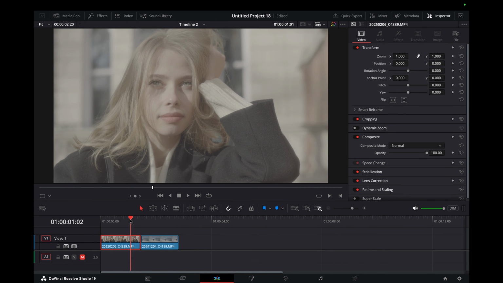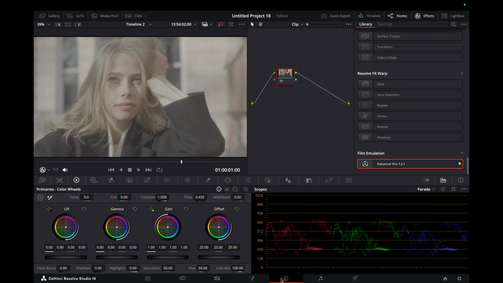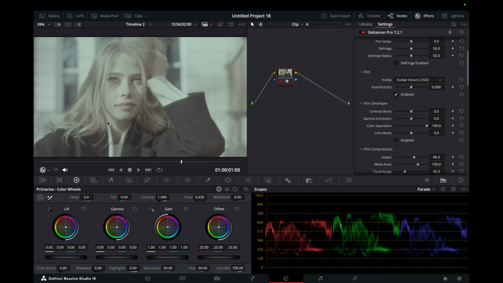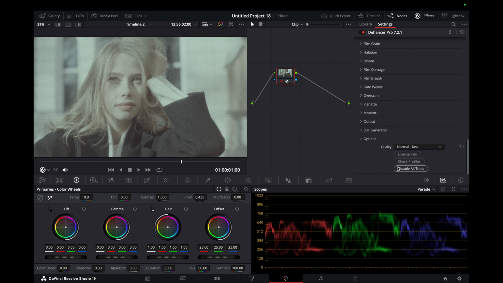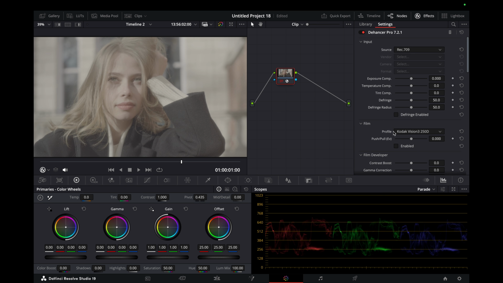Okay, so here are the two clips we're going to be editing today. Let's head over to the color tab for the first one. You'll want to go down to Dehancer and just drag and drop that onto a node. You can see we've already got this kind of default look. You want to disable this by going down to Options, Disable Tools, and now let's head up to the Input